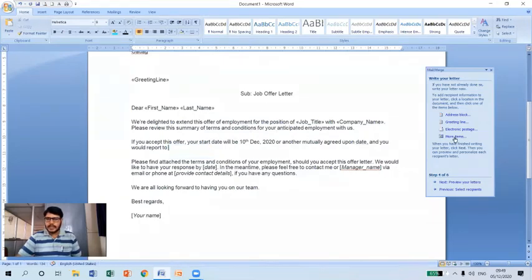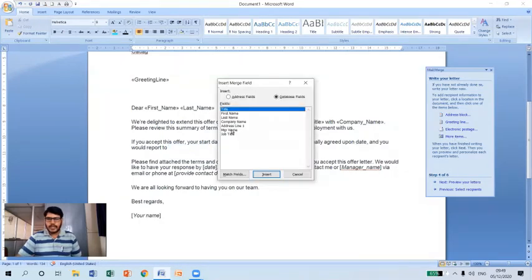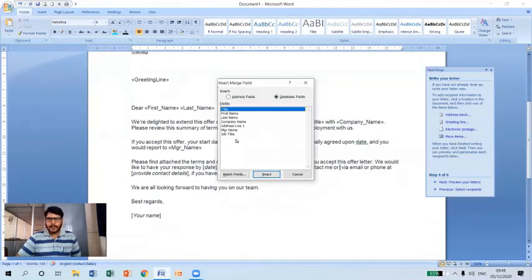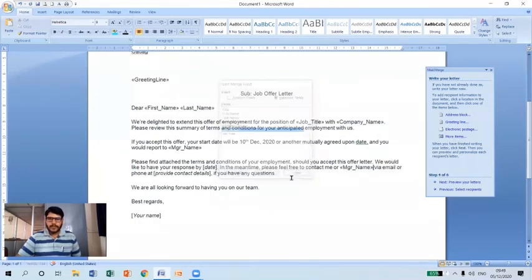Let me delete this, select more items and select the manager name that we have created and click on insert, close. So likewise, we can include several fields here wherever it is required while creating the messages. So assume that everything has been done.